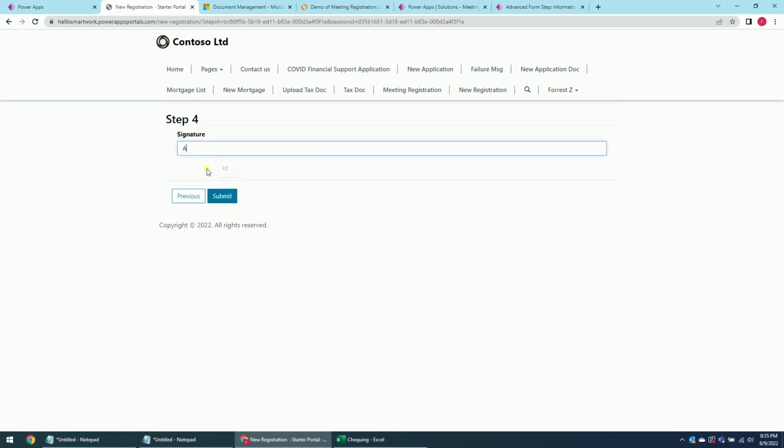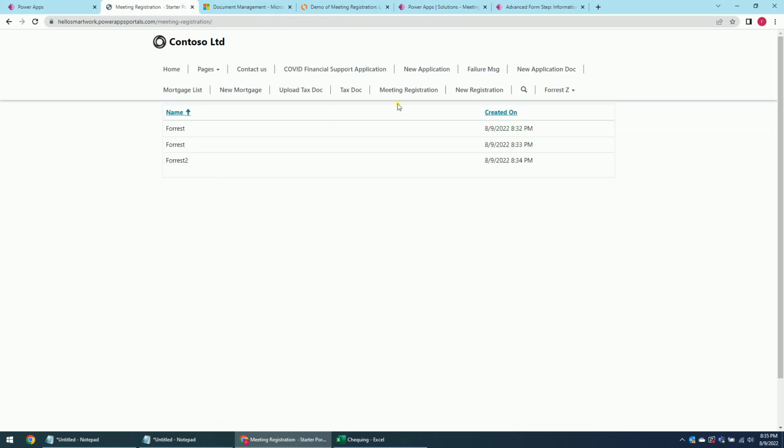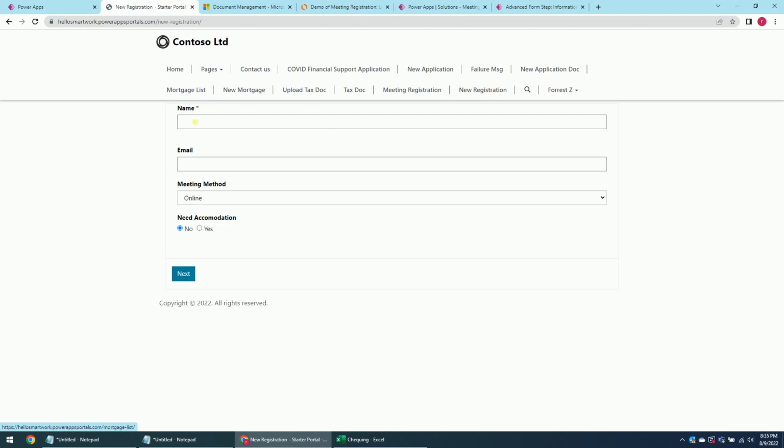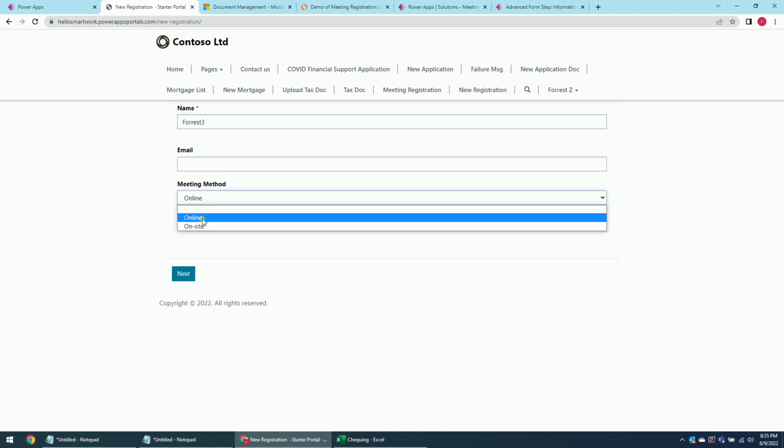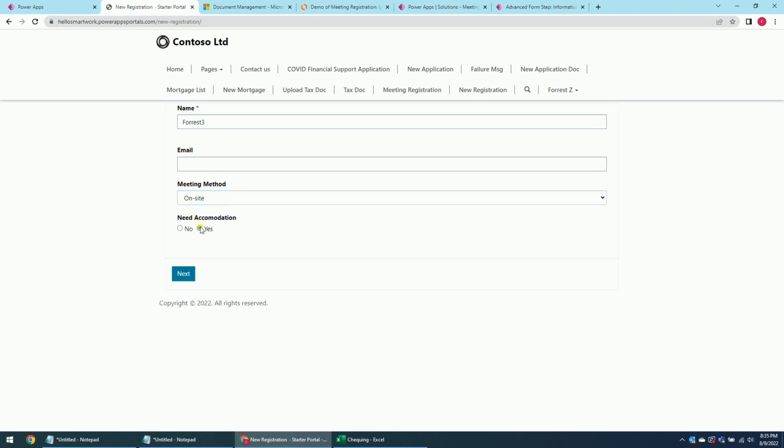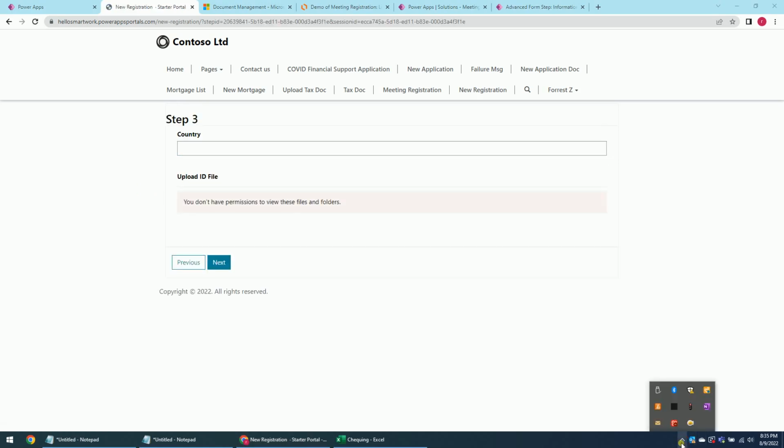Signature, yeah, okay, it's good for now. And let's try again. So let's set 3, okay, whatever. And we set on-site, and I need accommodation. Oh, nice. The country